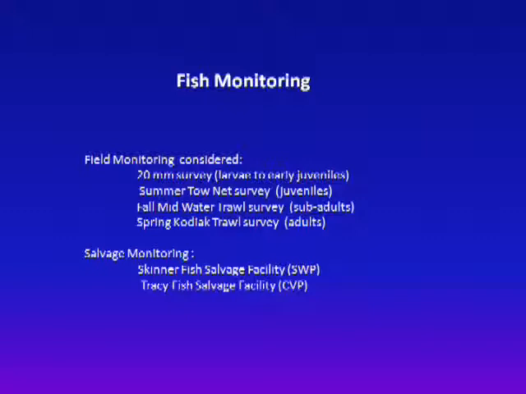This was also not designed, but the summer tow net survey and spring Kodiak trawl are new, more recent surveys, so there's not much information for long-term data sets, but we have enough to start showing what the data shows in correlations with flows. And finally, the salvage monitoring, the Skinner Fish Facility and the Tracy Fish Facility